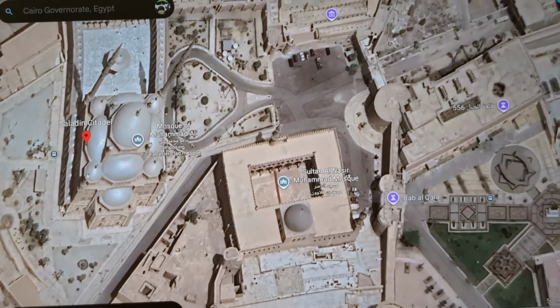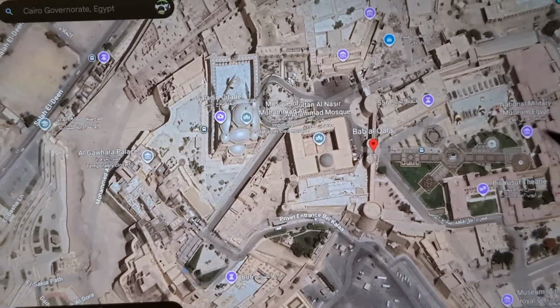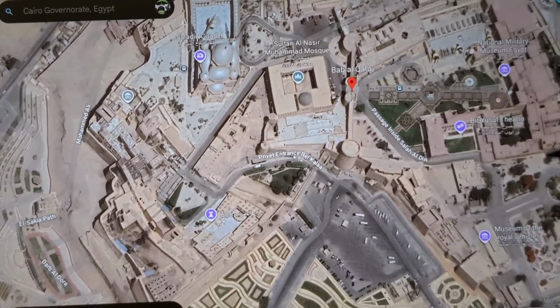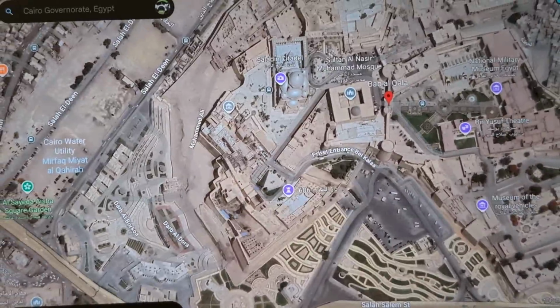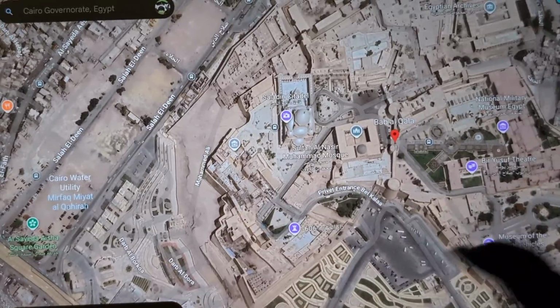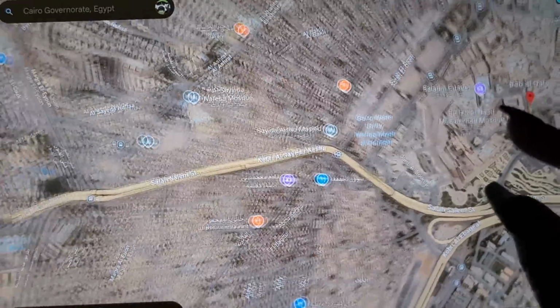And, of course, now there's a gate. Now they pop up. But there's lots of museums in here. We're not going to go through all of the things in here, but I would encourage you to check it out yourself, because there's lots of cool stuff to see in the old town of Cairo.